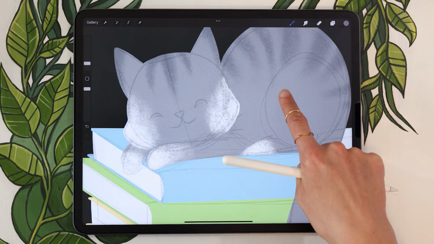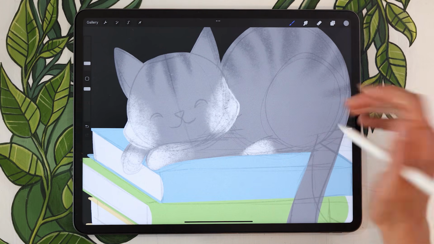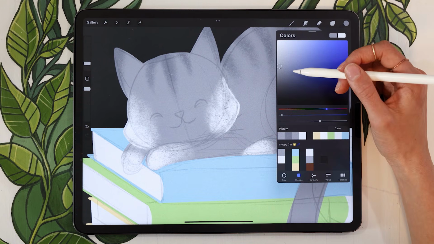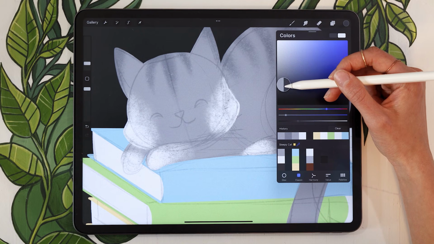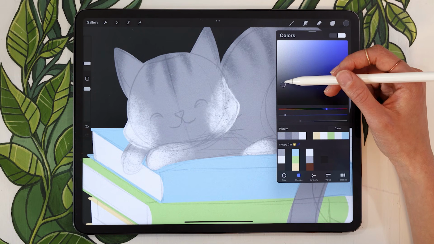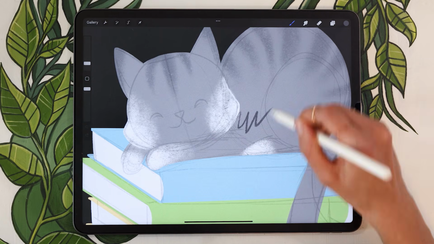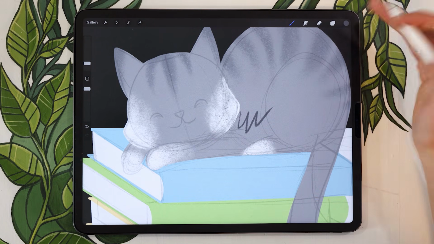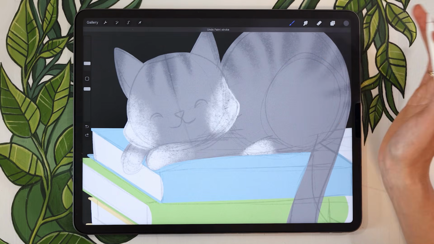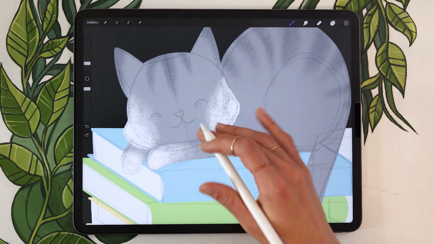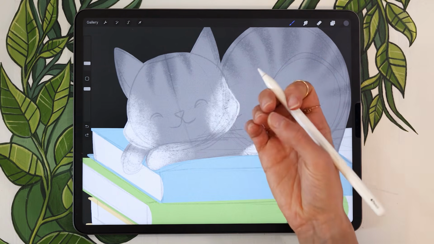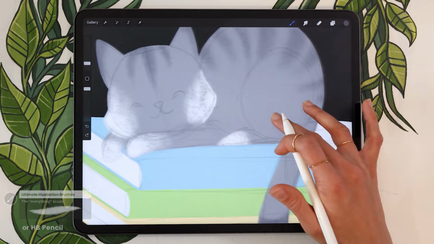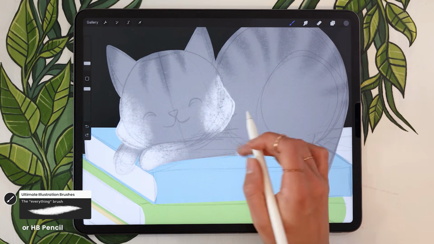So let's say here I go ahead and I color pick my base gray. I'm going to this time make it quite a bit darker. Not fully black, but just significantly darker, as you can see. The exact amount of the darkness you're adding doesn't matter. You can be the judge, of course, but we want to be able to really use that to crisp up the piece. Otherwise, I'm going to stick with the same brush,